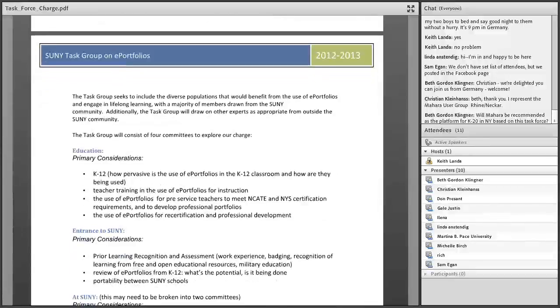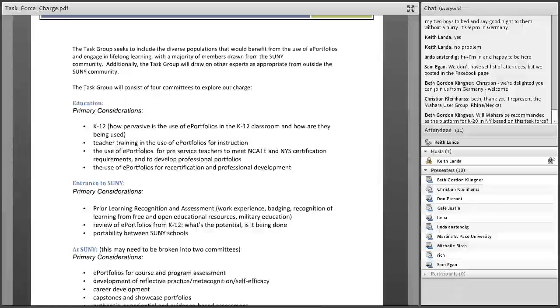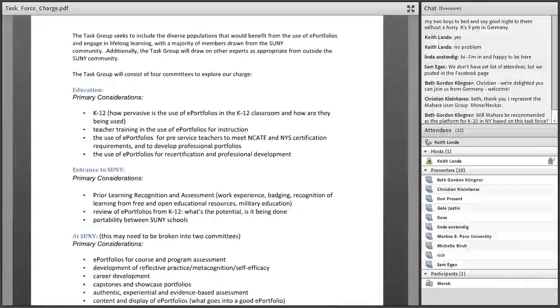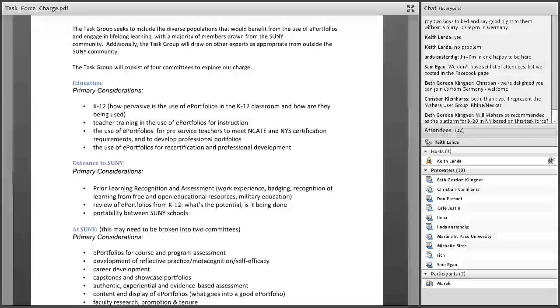we're breaking up into 4 groups to look at different aspects of this continuum. So one group is really looking at how K through 12 will be using e-portfolios, and the kinds of teacher training programs.